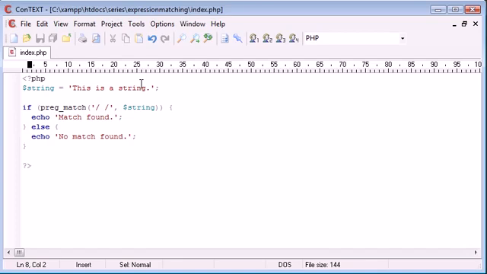And this is, we're basically using pattern matching to ensure that it adheres to a certain standard. So we can use preg_match for this. preg_match is a very powerful function, and like I said, I'm not going to go through how we're going to check for patterns. If you go over to the php.net manual, you'll find plenty of information on how to match specific things, whether